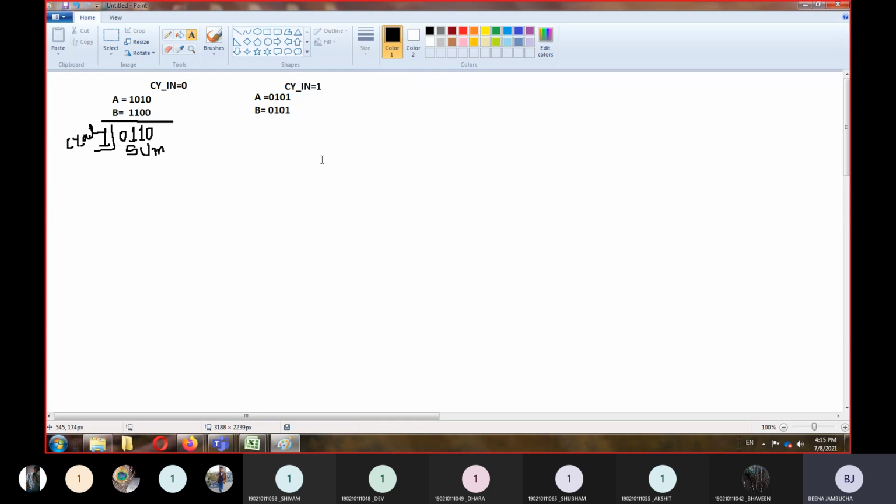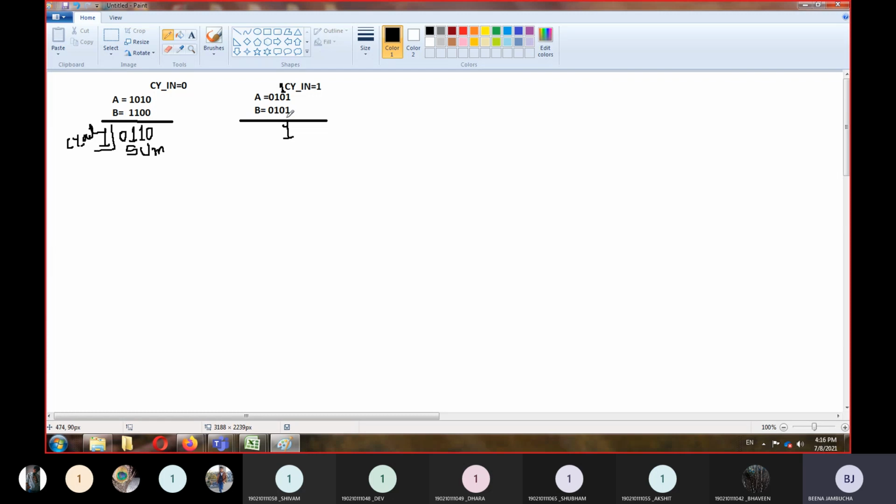So what will be the output? The input carry is 1, that means the first bit, A0 and B0, will be added with the input carry which is 1. So 1 plus 1 is 0, 0 plus 1 is 1. So 1 and the carry will be again 1.